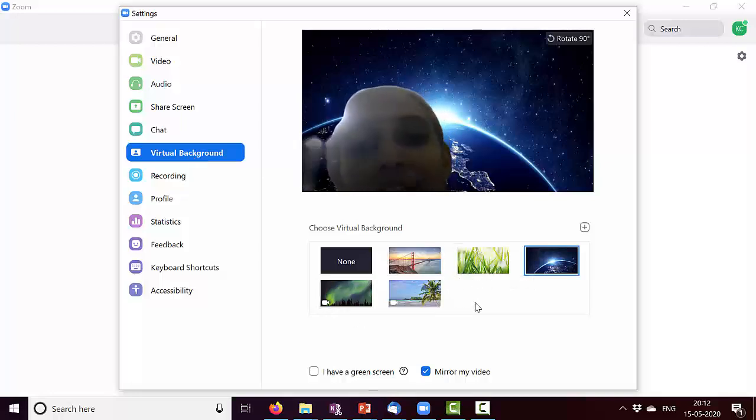This is needed if you want to hide the clutter in your room from your students. The rest of the settings, in fact, when you schedule a meeting, you can configure, and what you configure there apply for all the meetings also. So we will look at it at that particular point. Here, just ensure these two things.